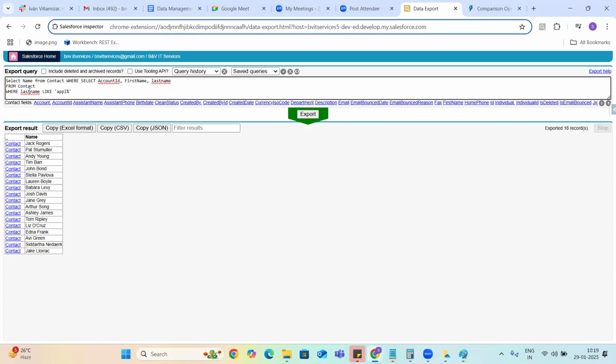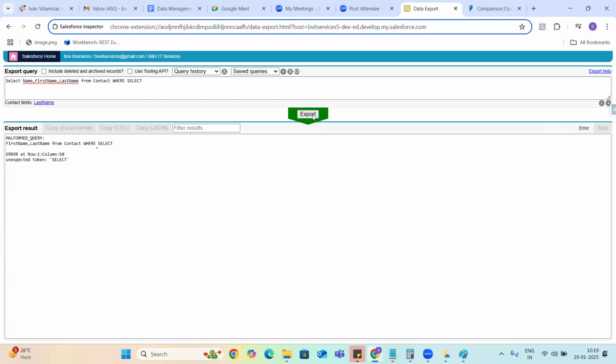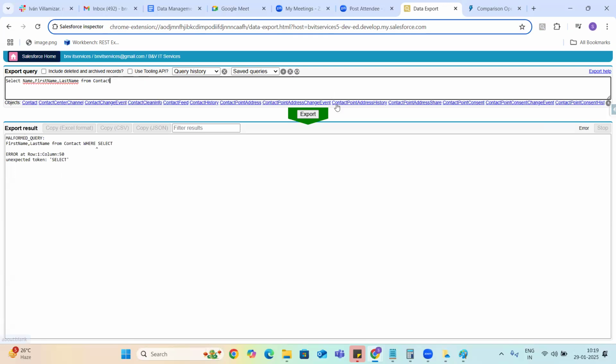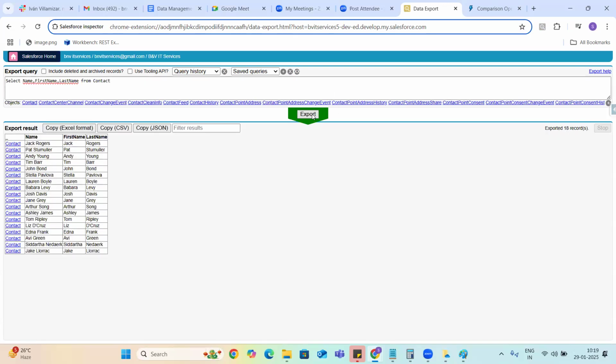On the contact, Name is always a combination of first name and last name, guys. On the contact and lead objects, you can query the first name and last name separately, as they are separate fields.